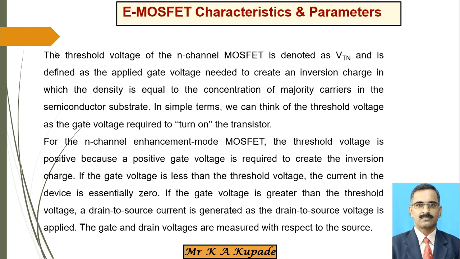Or you can say that whenever the gate voltage reaches the threshold voltage, at that time majority carriers, which are moving from source to drain through that inversion layer, where the channel is formed, can flow. That is nothing but the VTN, right? That is the threshold voltage. It is the voltage due to which the current, or the majority carriers, can flow.